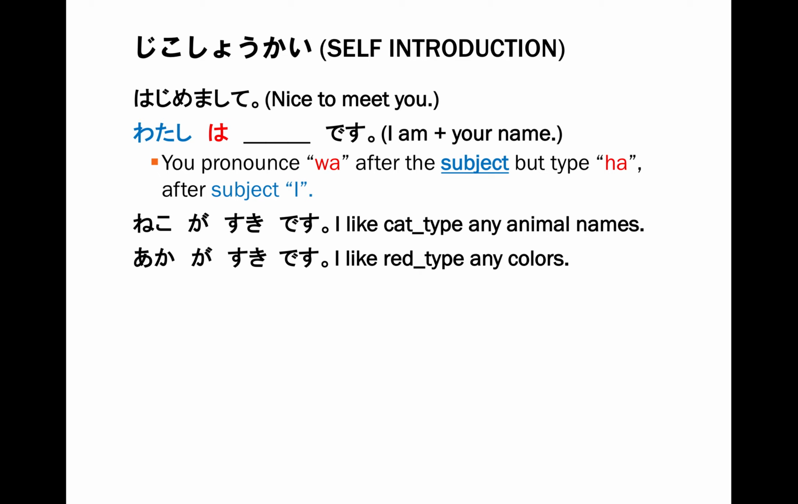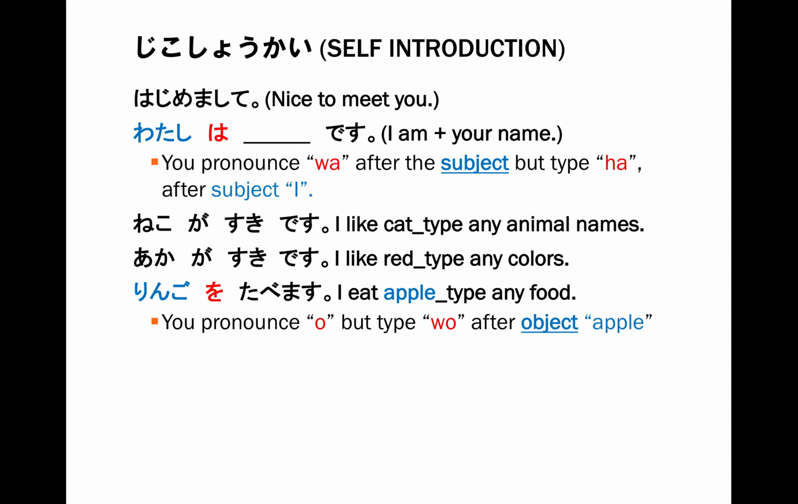Next one, talk about your favorite colors. I like red, or you can type any color. 私は赤が好きです。I like red. I like pink. ピンクが好きです。I like purple. 紫が好きです。